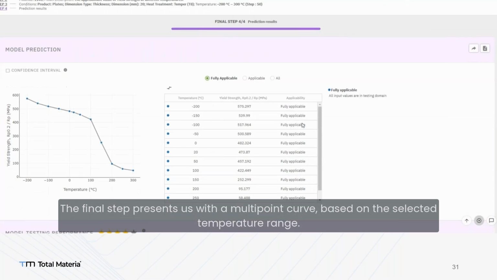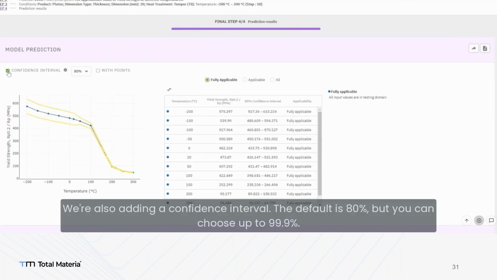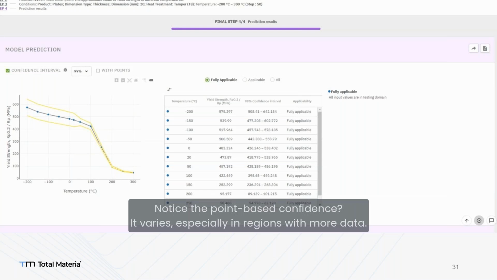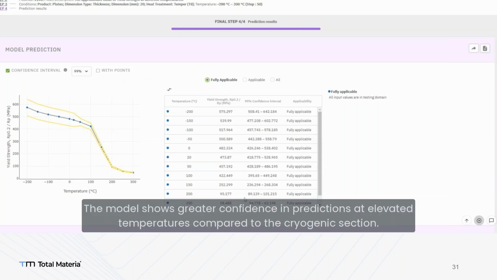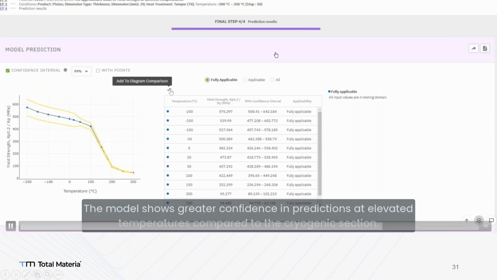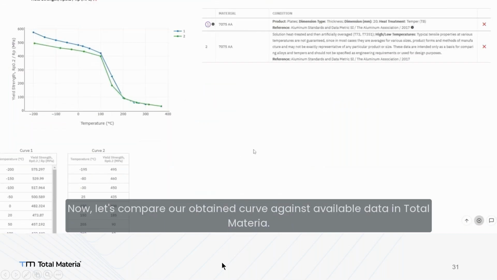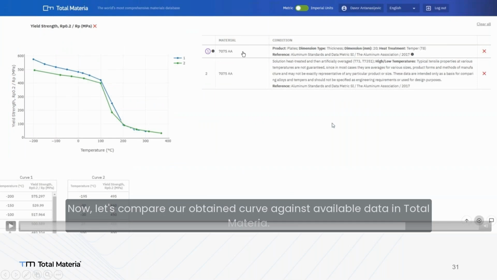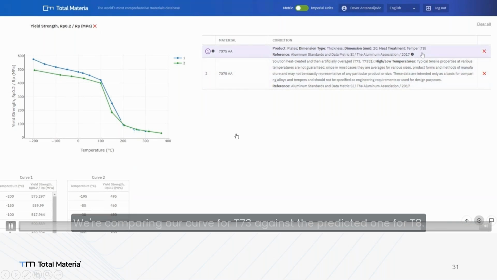And here is the fully applicable curves of this material. Still, you have confidence interval. You can ask, make it a little bit wider to make sure. And here are the results. You can add the diagram comparison. You can repeat this structure. And here is the comparison of this material in different heat treated 7075 AA. It's giving you different behaviors, yield strength, temperature graphs. You can compare to understand which one of these materials are more suitable. This is the T8, actually the blue one.